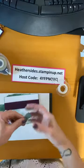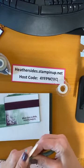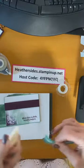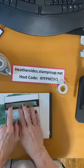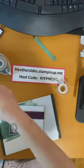Okay, so the thing that I like to do, that I was about to show you, is now I take my bone folder, and I just go like this, kind of like I'm curling ribbon, you know, like you do with birthday presents and Christmas presents, and I'm just causing these edges to flip up a little bit. I like when it's on my card, it just gives it a little bit of extra something. I'm going to take that. Now I'm also going to take,